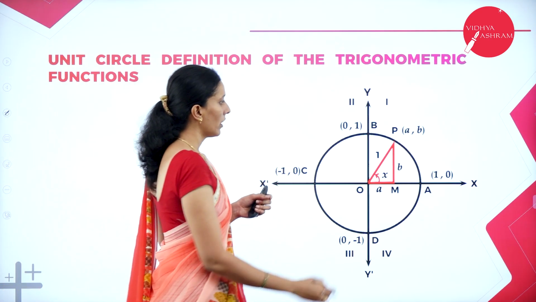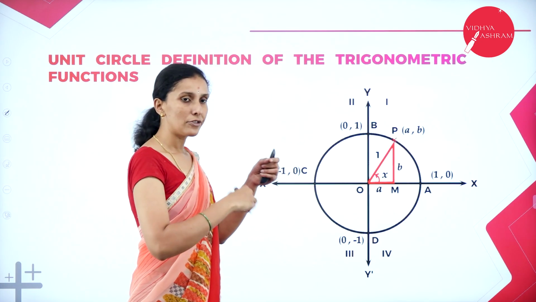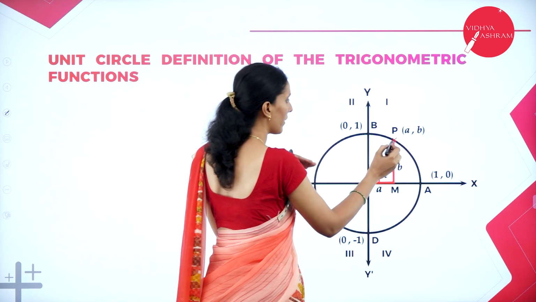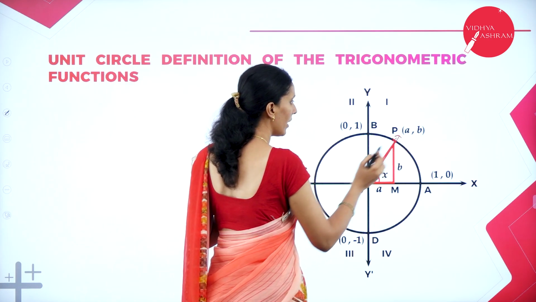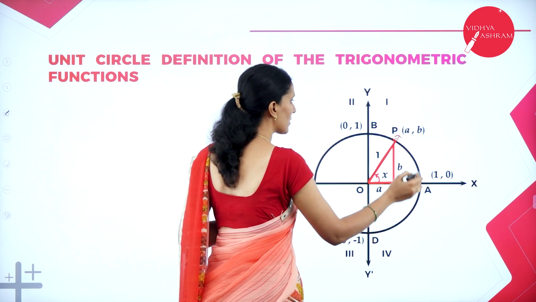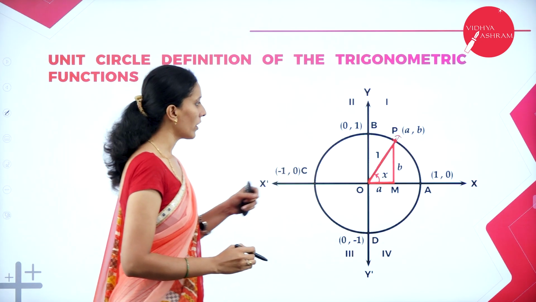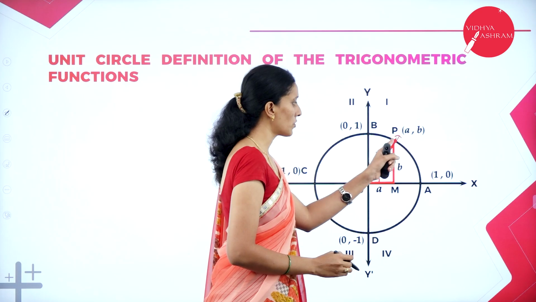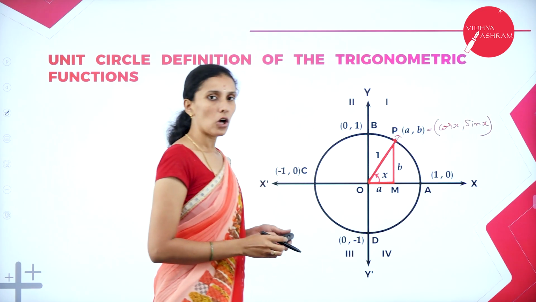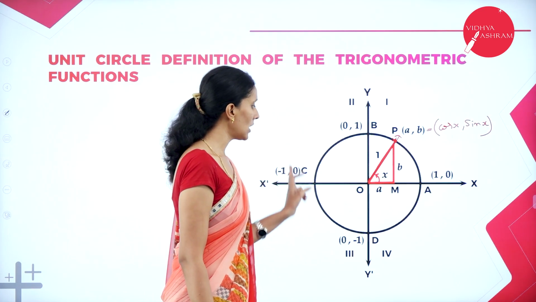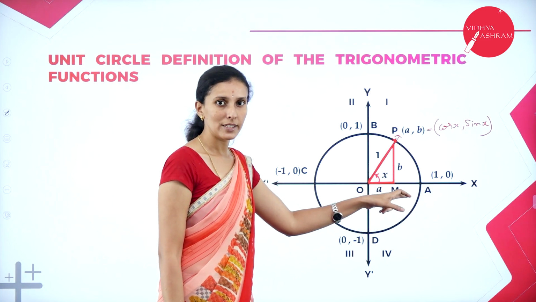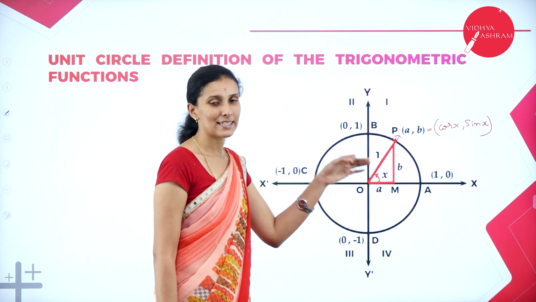Next, now this is your point P. Let me start revolving. That is, I am rotating the angle. So this is your initial ray. If you make an angle, it moves on and again it comes back to the same point. So after one complete revolution also, the value of this point is again your cos x and sin x only. And also you can see the end points where the circle is touching the x-axis and y-axis. So I said any point on this unit circle can be represented using cos x and sin x value.